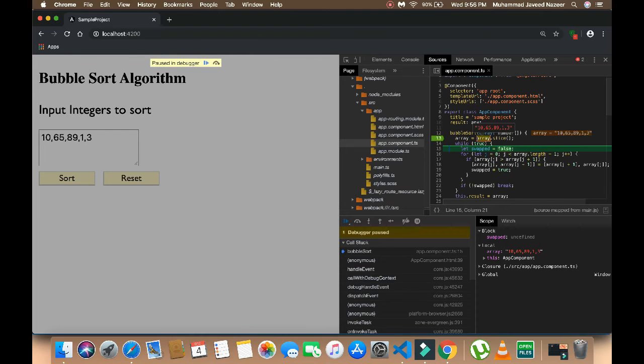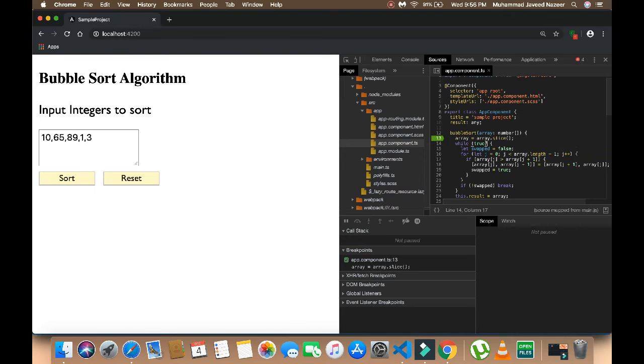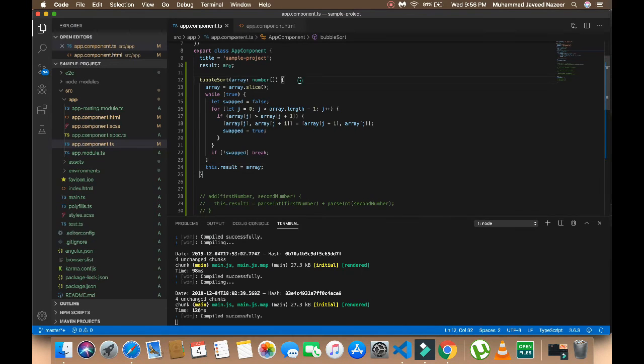If you see here, all the data is coming as a string. So let me go to my code. If you want to step out of this breakpoint, you have to press F8. It will completely come out of your debugging. Okay, so let me go to my code here in Visual Studio Code. Let me try to change this to a string array, instead of a number array.